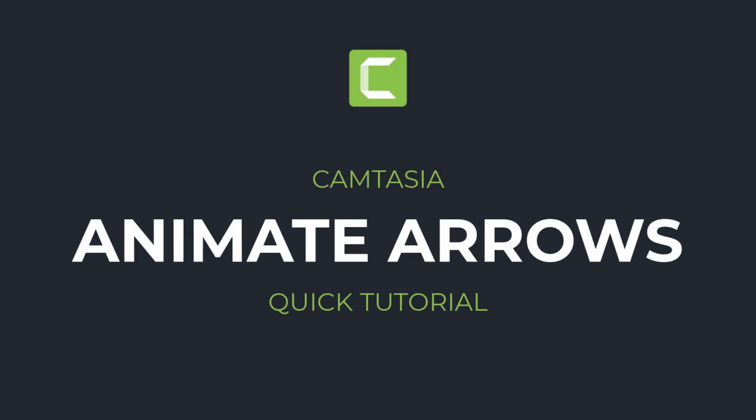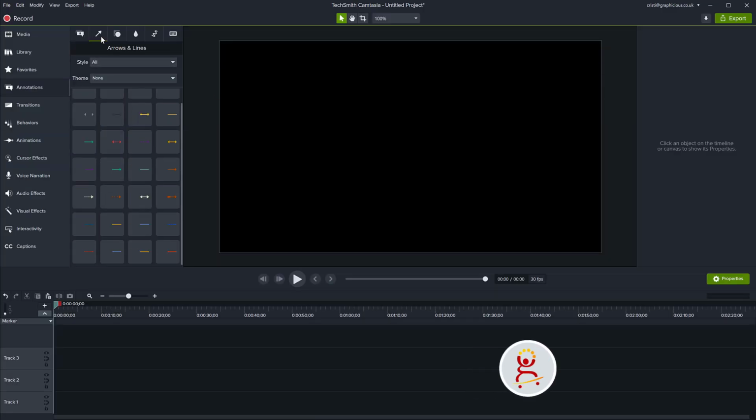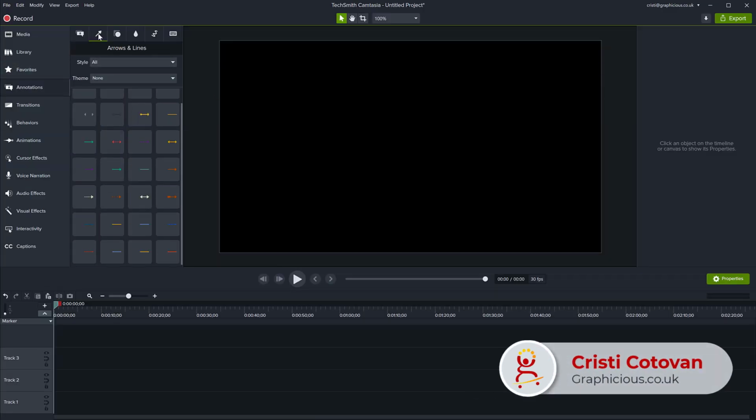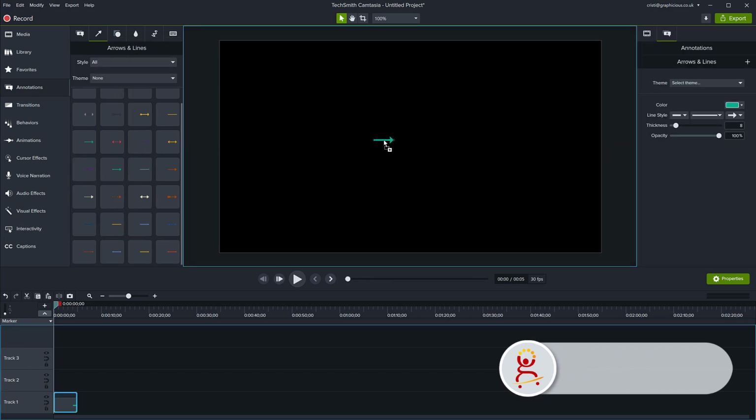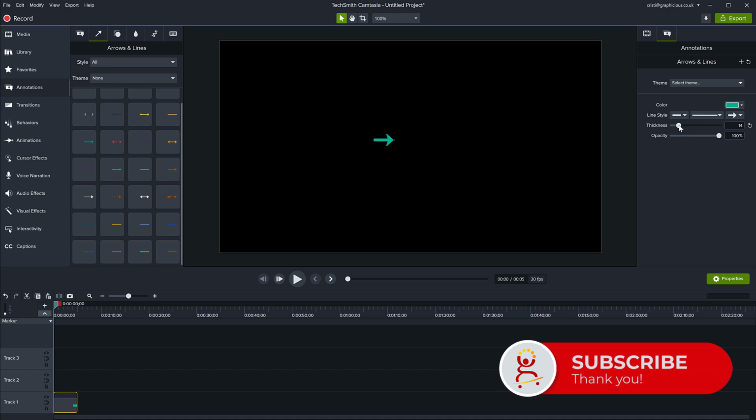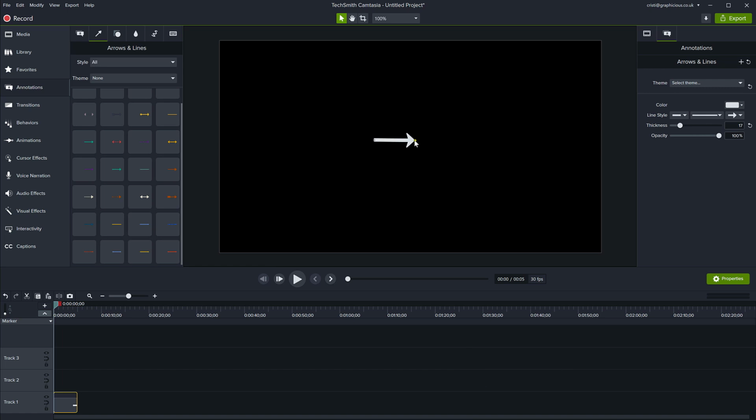So if you want to animate arrows, quite simply, there are a few methods to do it. You could use the arrow annotations on the annotations tab here. You have arrows, and you have different types of arrows, so you can choose whichever you want. You can choose the thickness, opacity and color. Of course, you can make it any color you like, and then you point it to where you want it